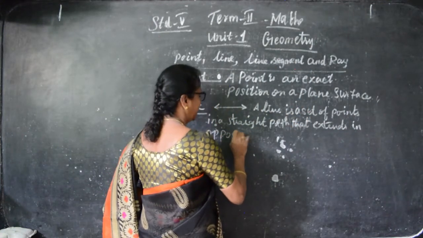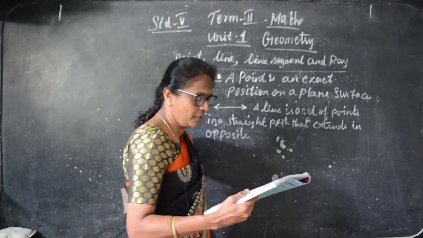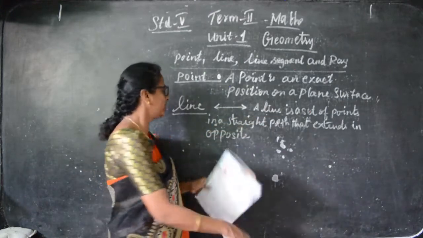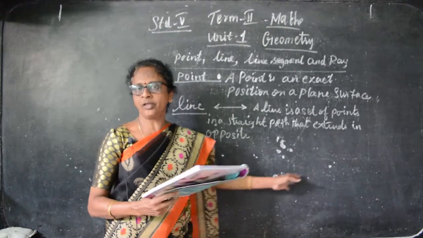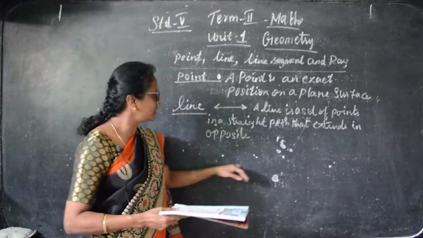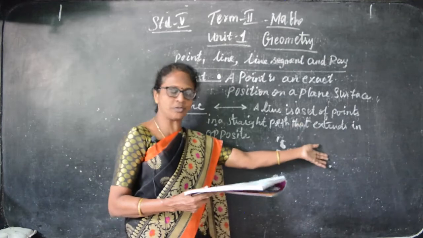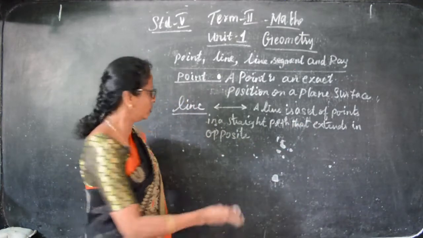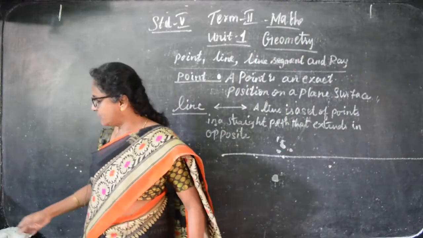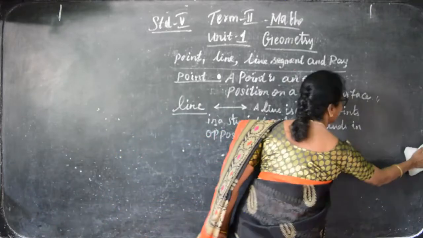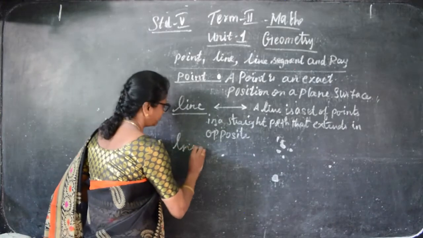So when you are putting the line, after finishing writing the answers, we will put the line here. A line is a set of points. Two points are there. It's a set of points in a straight path. It's not going to bend or anything crooked. It goes in a straight path that extends in opposite direction. We are starting from here and it moves in the opposite directions without ending. It goes on. If I put the dot and put the line like this, it will go down till the end of the board. That is without ending. It goes out in the opposite direction. That is the line. Our next one is line segment.